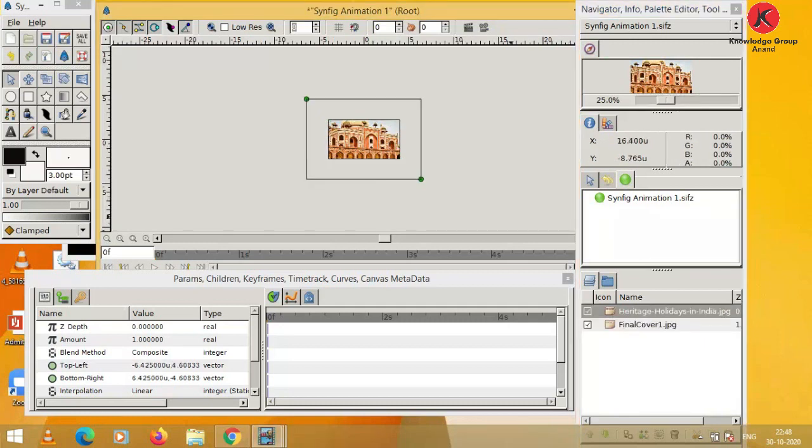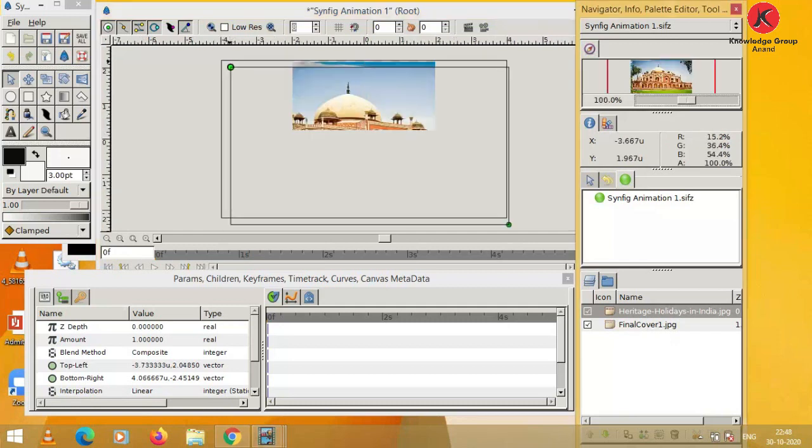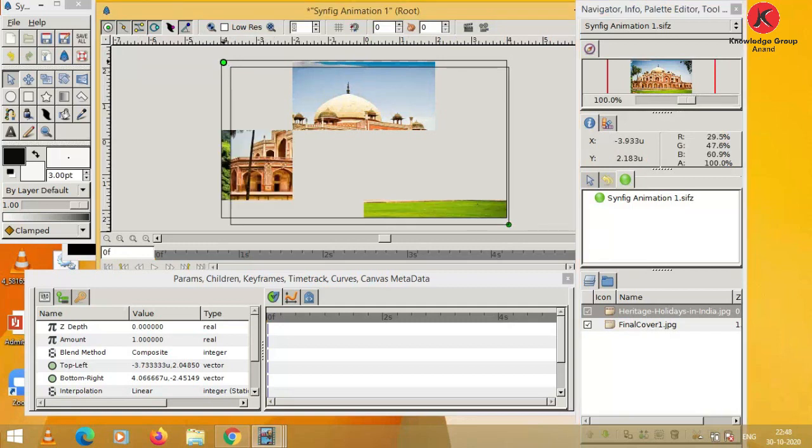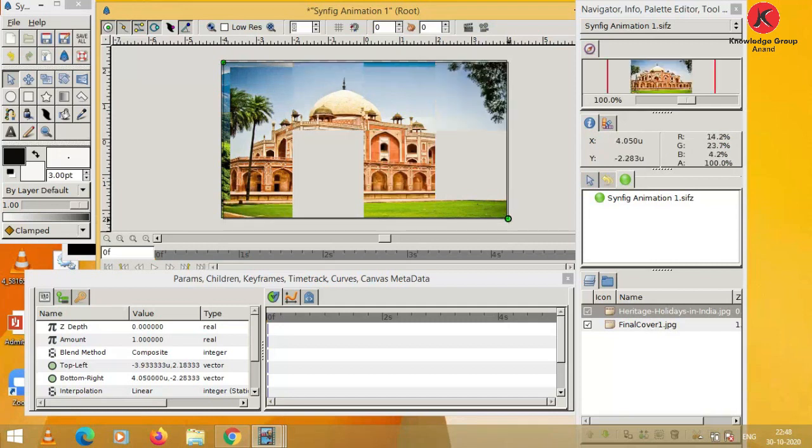when you insert an image, our layer panel shows the layer of the image. So you can select it also. Arrange it properly.